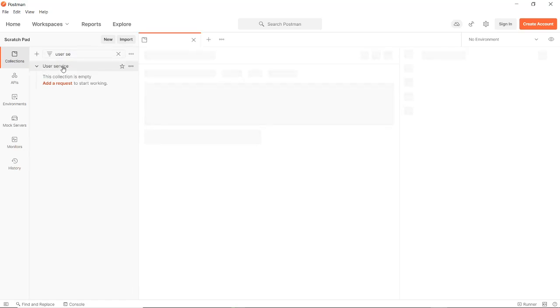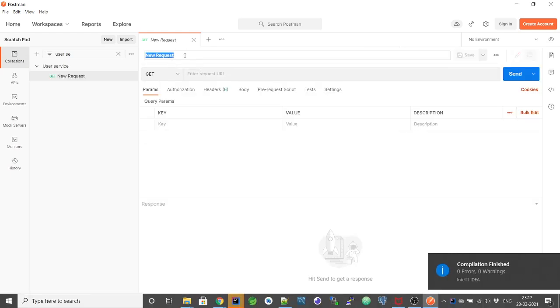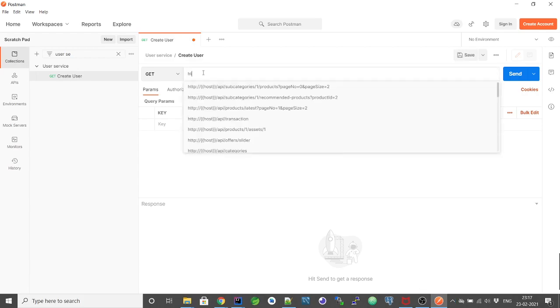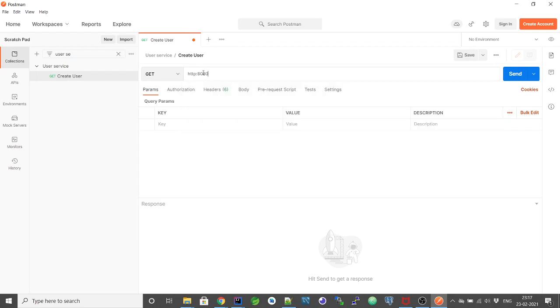Here we can create a request to create user, which will be HTTP localhost 8080 slash API slash users.